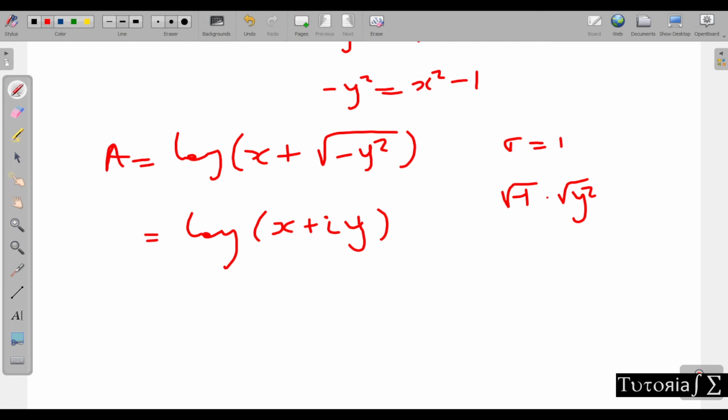But x plus iy, so let me use a different color, x plus iy, in polar form, what is it equal to? In polar form. But we've separated this to the right. Negative 1 is okay, 1 is okay. Now we should have